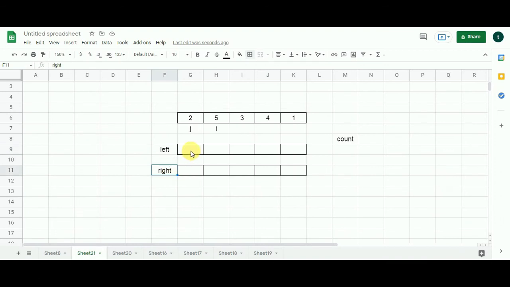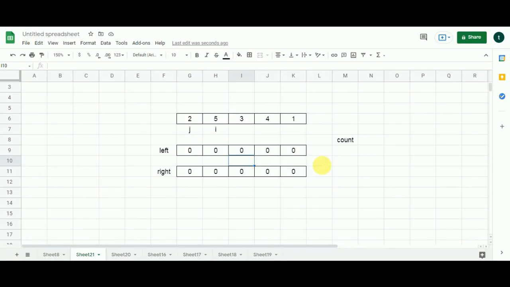So the left array will store the number of ratings less than any particular rating on the left hand side. Similarly, the right array will store the number of ratings less than any particular rating on the right hand side. We will make use of 2 variables I and J, with I starting at index 1 and J from index 0. Variable J will move towards I. I will make use of a variable named count that will help me enormously in finding the solutions. Basically, it will keep a track of the number of ratings less than the current rating on the left as well as on the right.